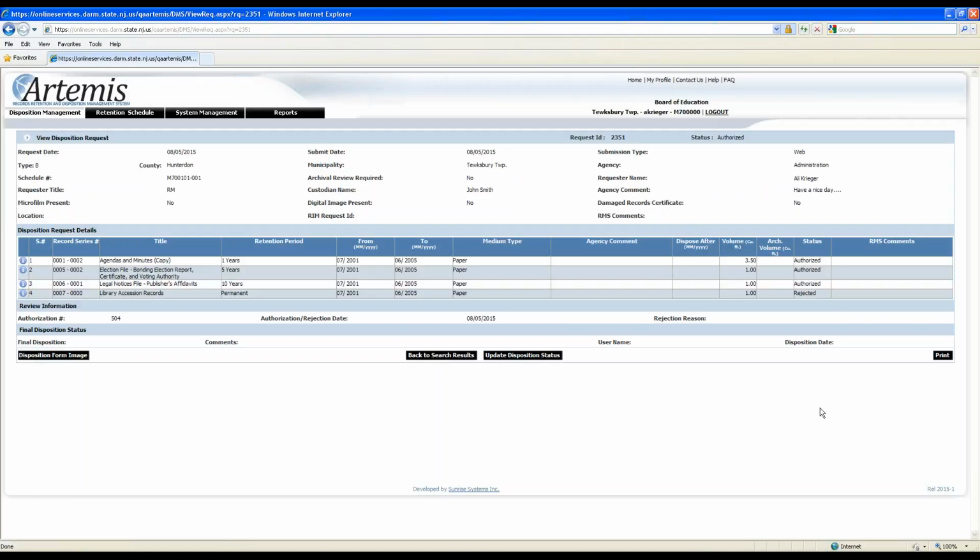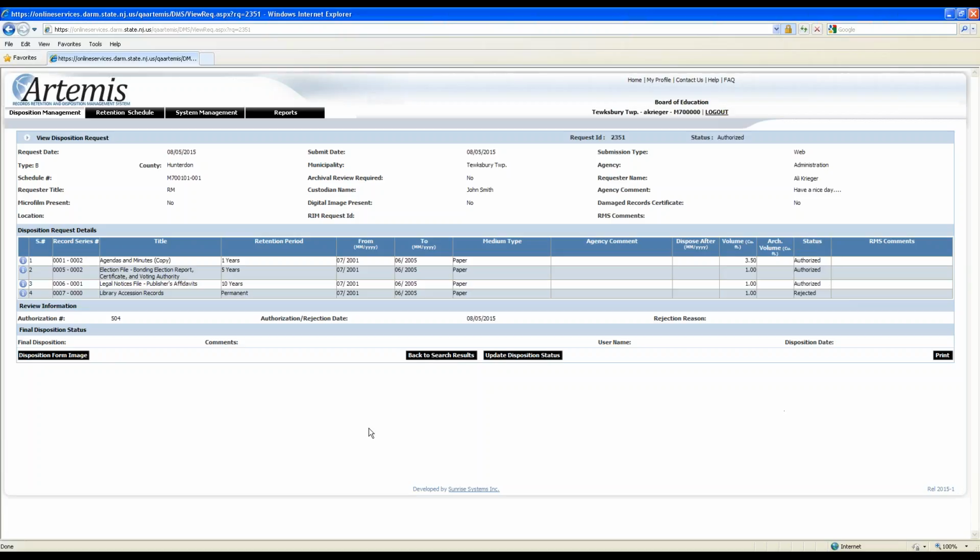If you remember, on the one request I submitted 4 line items. One of them happened to be a permanent record, and I rejected that record. So this is why it's important to go in, even though this request was authorized. This is what they consider a conditional request. Some records were actually rejected on here. I see that the last record was rejected, and I don't want to dispose of that. I could dispose of the first 3, but not the last record because it was rejected. That's why you always want to go into your request, especially if it's multiple lines, and double check to make sure each line was authorized.